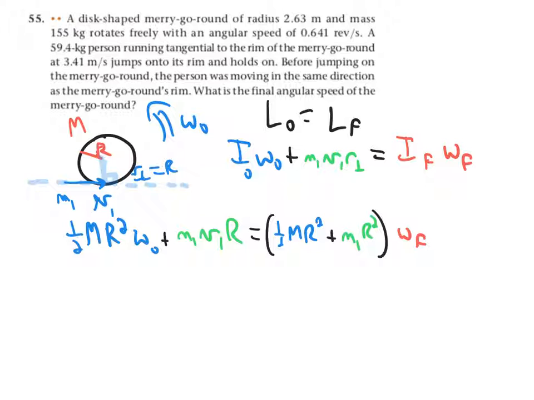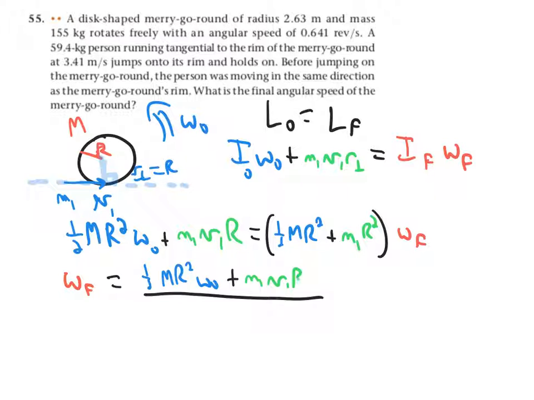We get omega f is 1/2 M r squared omega naught plus m1 v1 r, and then we divide by 1/2 M r squared plus m1 r squared, and we get our answer, which turns out to be